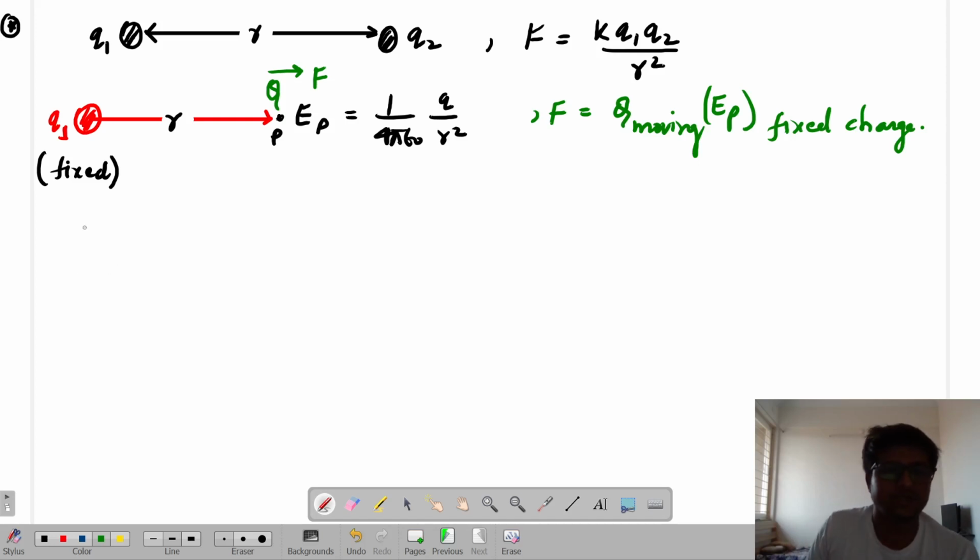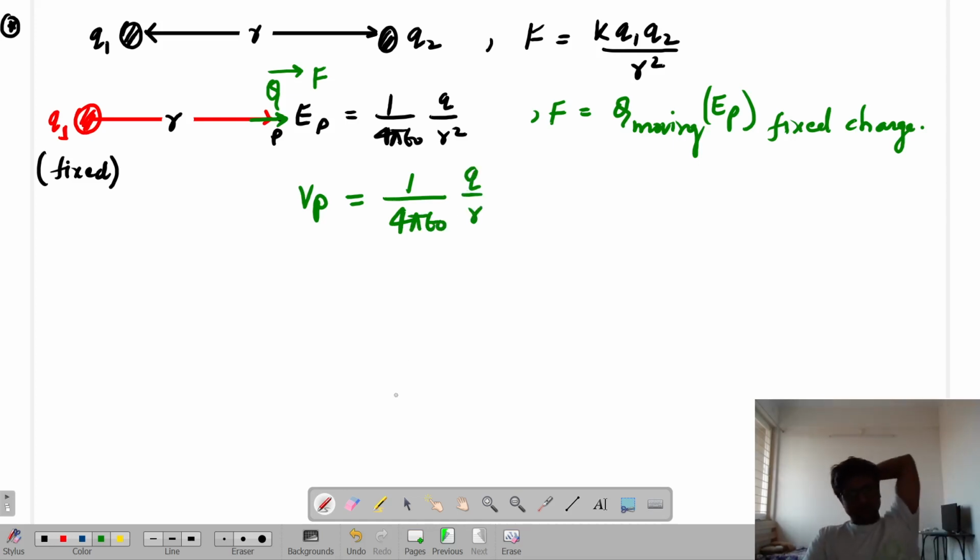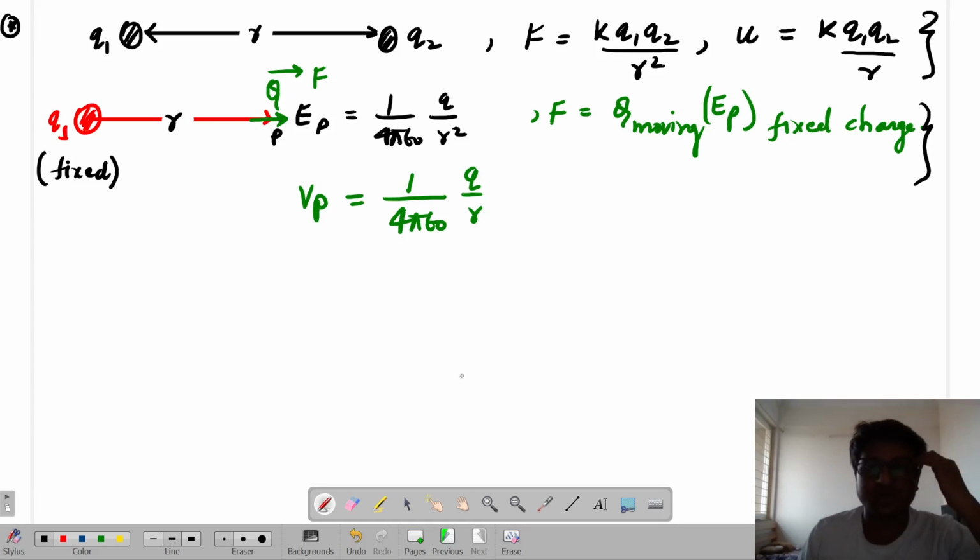Got it? Next thing. If I have this Q1 as a single charge, then we have potential at point P also. Electric field is a vector quantity which will be radially outward over here. Potential is a scalar quantity, so no need to think. That is exactly equal to 1 by 4 pi epsilon naught, just Q by r. Are you able to get me or not? And then if I have once again a system of charges, if I have force, then I have potential energy at that point if a charge is brought from infinity, which is K Q1 Q2 by r. So one formula is for interaction and another formula is for independent cases.